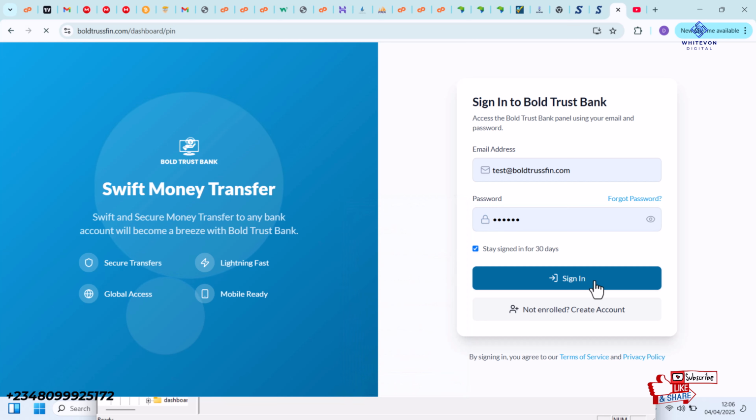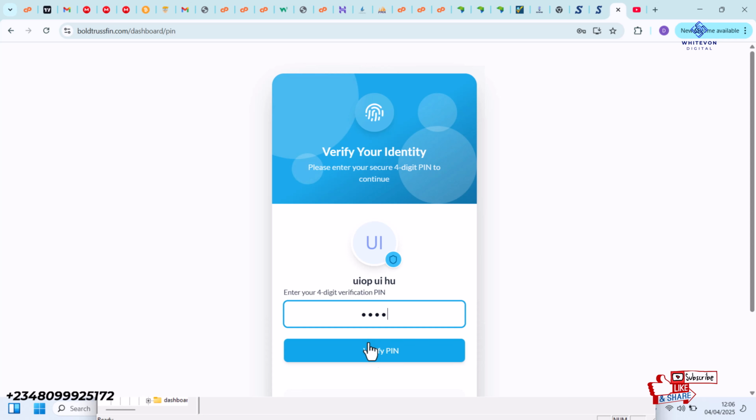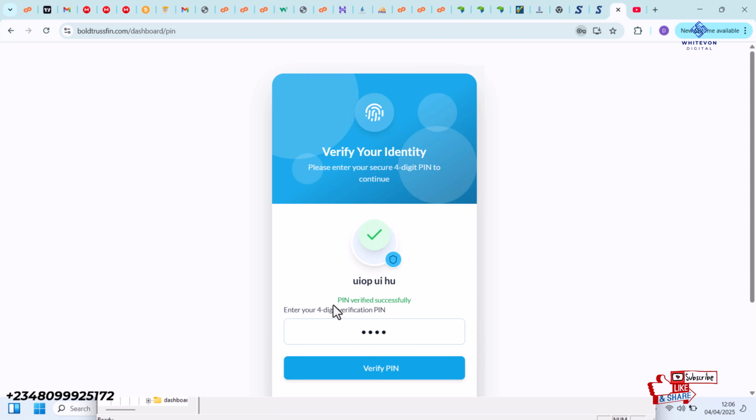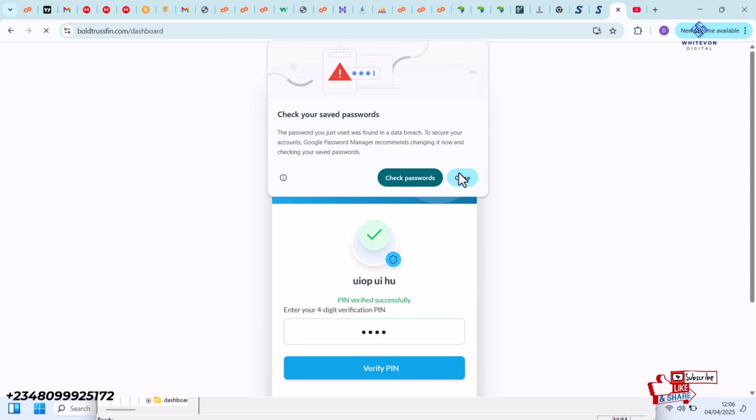and right here it loads, and then it asks me for PIN. I'm going to provide my banking PIN, and then click on verify PIN, and then it says PIN verified successfully, guys. I'm going to wait while my dashboard opens up, and right here we have available balance